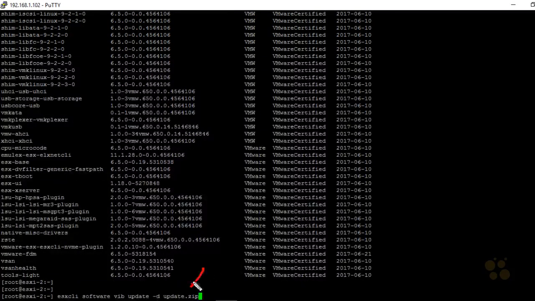So if we had some updates that we need to apply, and we put them in an update.zip file, the esxcli software vib update command, the -d refers to the depot, the storage location for the update, and then update.zip if that's our file name. So we can actually apply updates to this host using esxcli. So if we press enter here with this command,